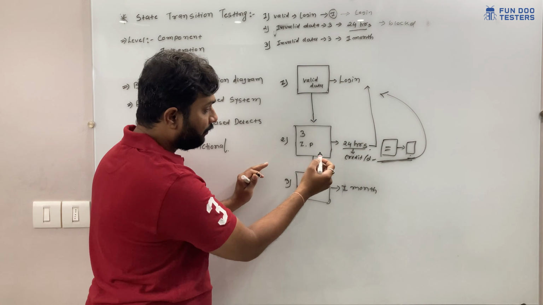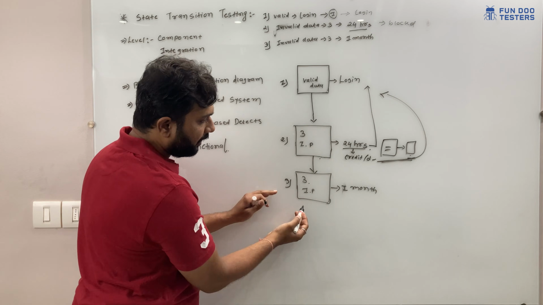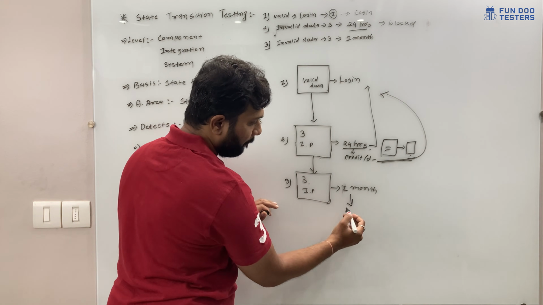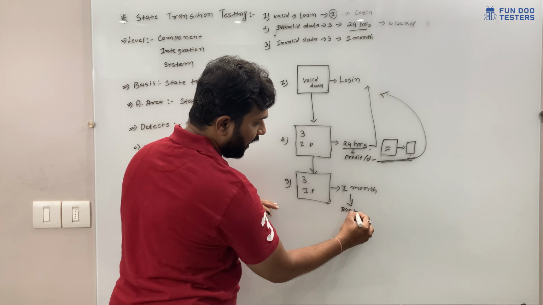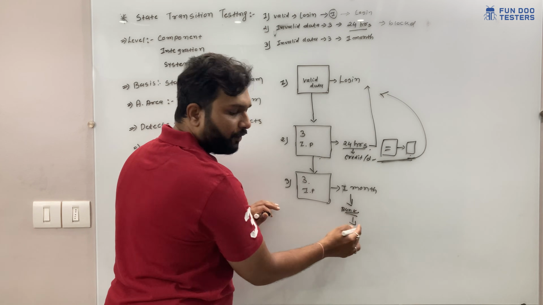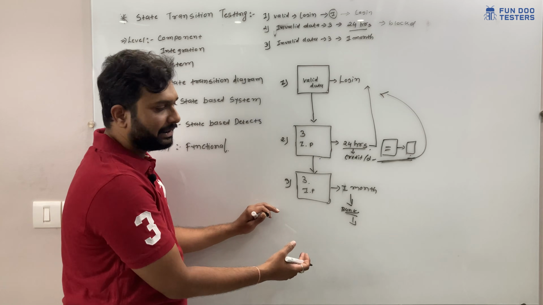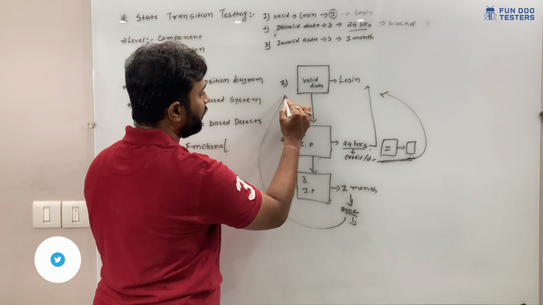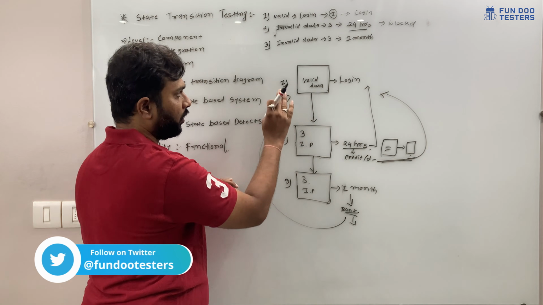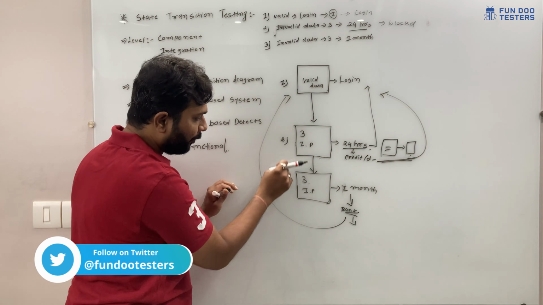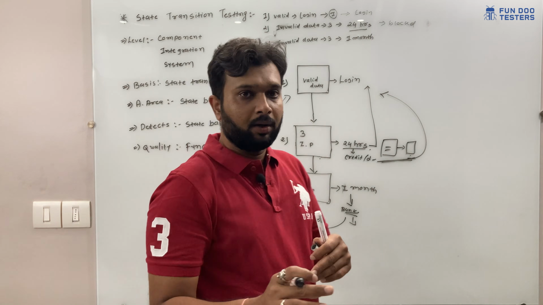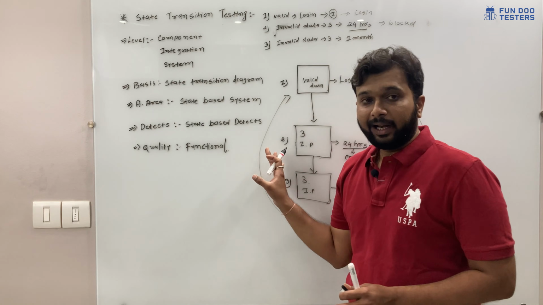If I enter an invalid password 3 times, then it will block for a month. After that, I have to visit a bank and submit a few documents based on the bank system, and then they will unblock my account and the application will go back to the normal state, meaning the first state. So here we are going to discuss 3 states. This is the normal procedure, and based on that we can write test cases.